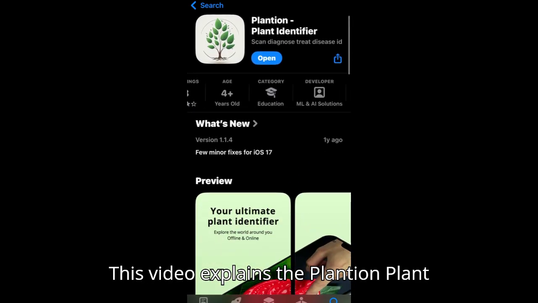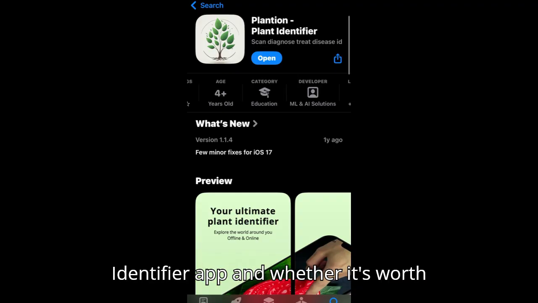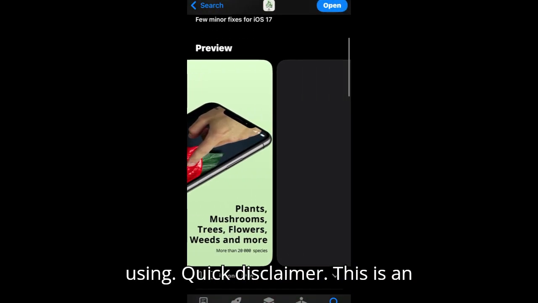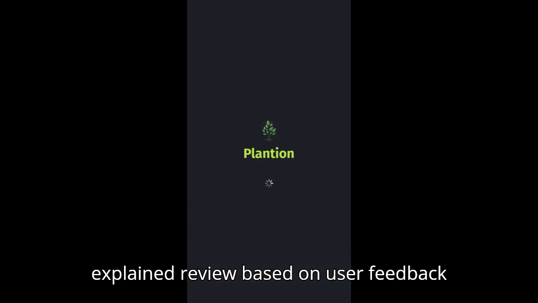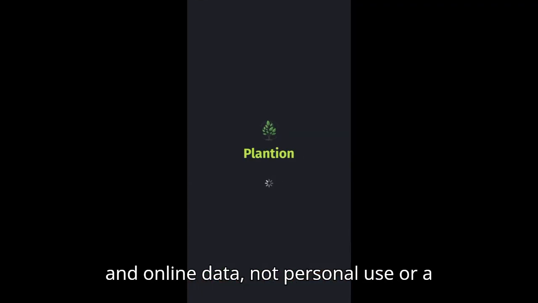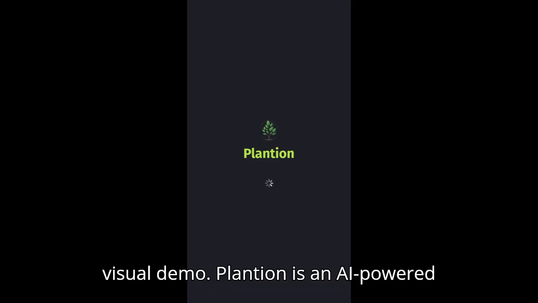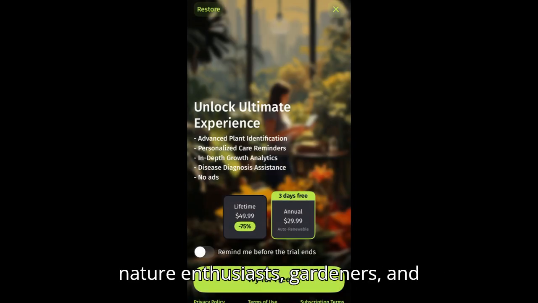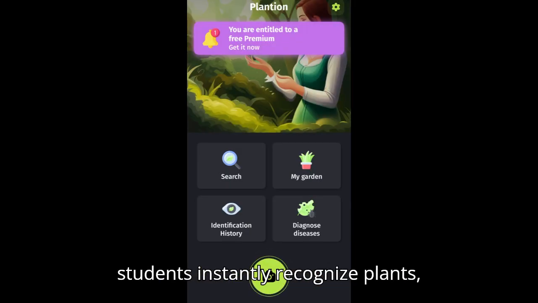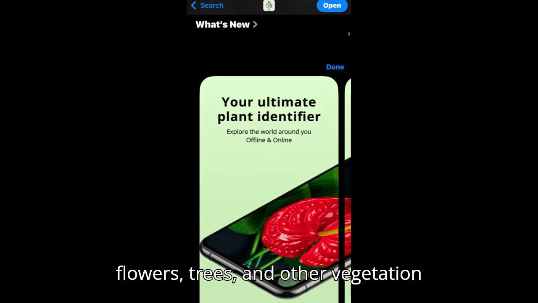This video explains the Plantion, Plant Identifier, app and whether it's worth using. Quick disclaimer. This is an explained review based on user feedback and online data, not personal use or a visual demo. Plantion is an AI-powered plant identification app designed to help nature enthusiasts, gardeners, and students instantly recognize plants, flowers,